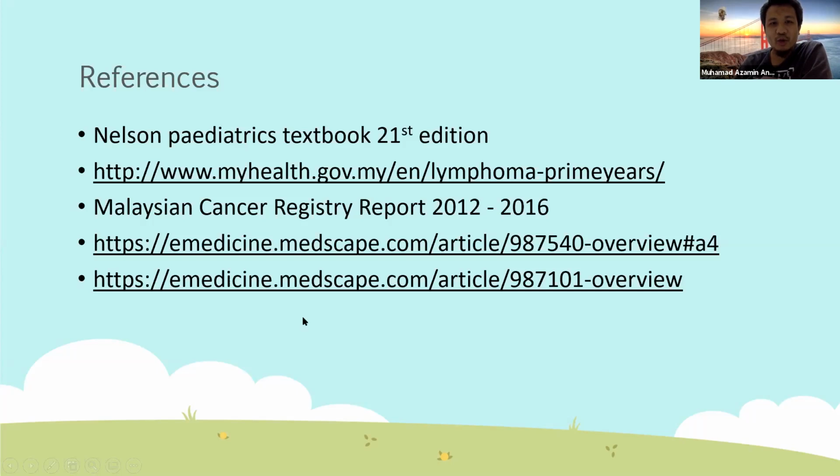So the only difference between leukemia and lymphoma is the bone marrow. If you have somebody who has very big lymph nodes in the neck, but their bone marrow blast is 40%, then that's leukemia. And if somebody has not very big lymph nodes, but when you do bone marrow, the blast is less than 25%, then that's going to be lymphoma. So that's the difference between leukemia and lymphoma: the blast cells in the bone marrow.